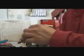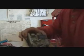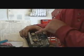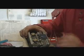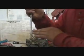Now a difference with these carburetors, I'll show you right here. With the Johnson and some of the Mercury carbs, they use little frost plugs. What Yamaha uses are actual caps that screw in. So they've gone ahead and threaded it where they've drilled the pilot hole through. So what we're going to do is get our screwdriver down inside